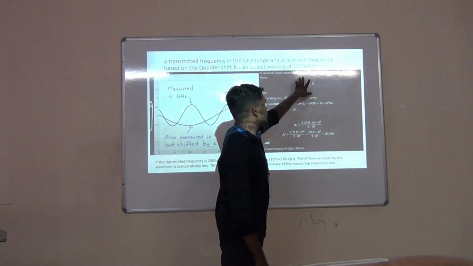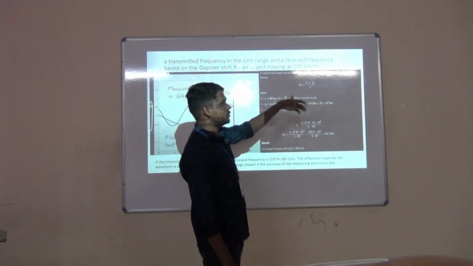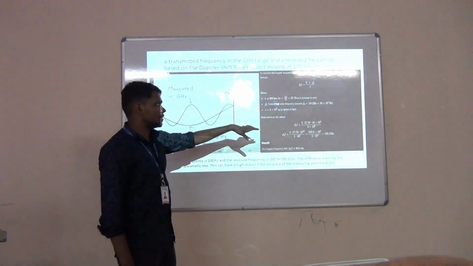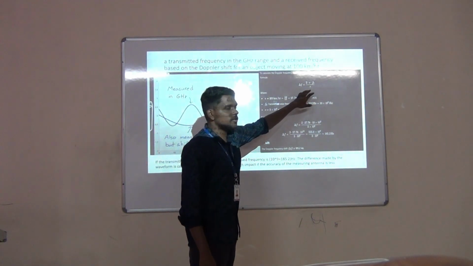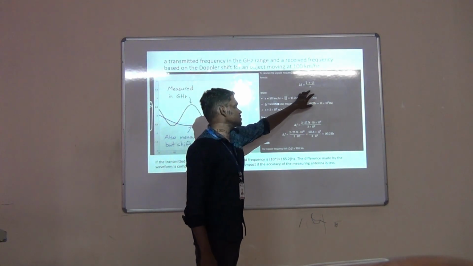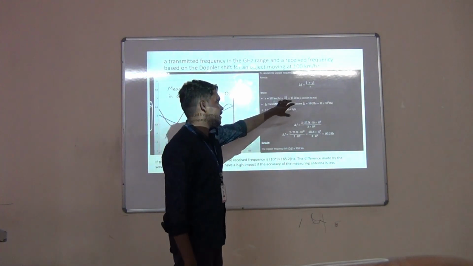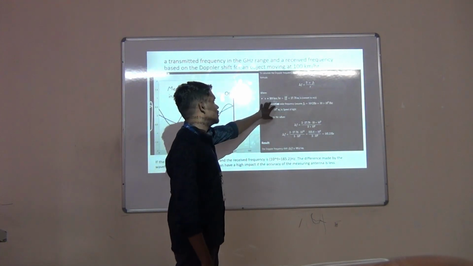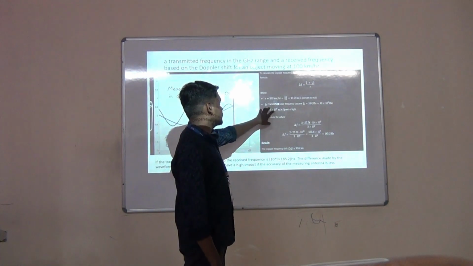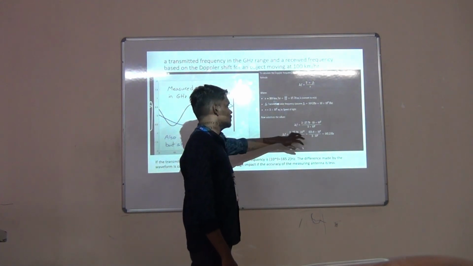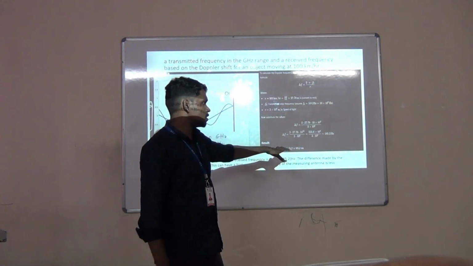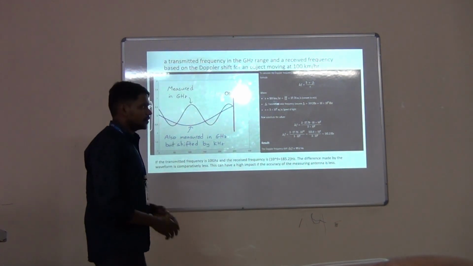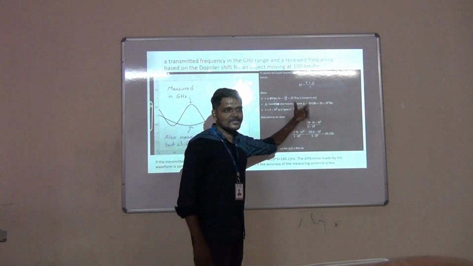To calculate the Doppler frequency shift of an object moving at 100 km per hour, we use the formula delta F equals 2 times V times F naught divided by C, where C is the velocity of light, V is the object velocity, and F0 is the transmitted frequency. Using this formula, we calculate that the frequency change is 185.2 Hertz,